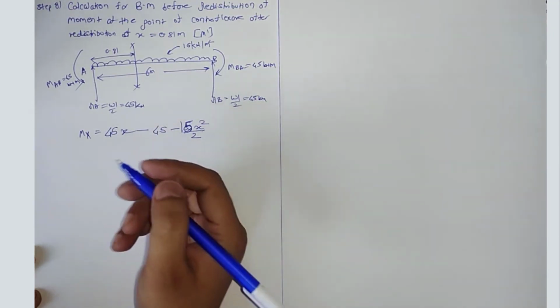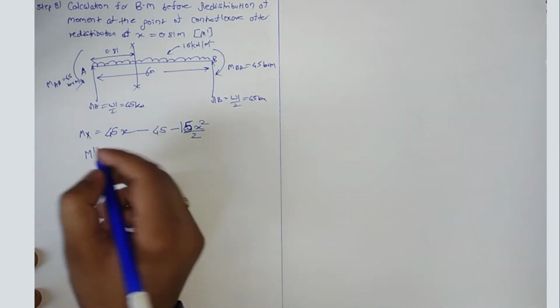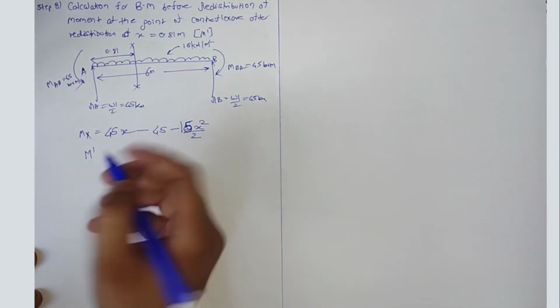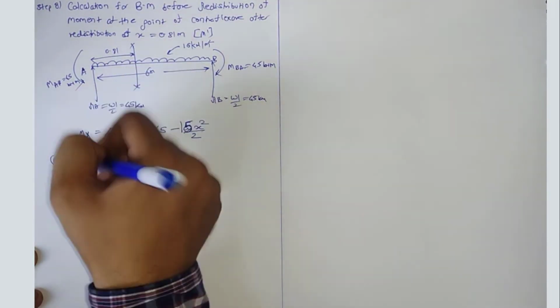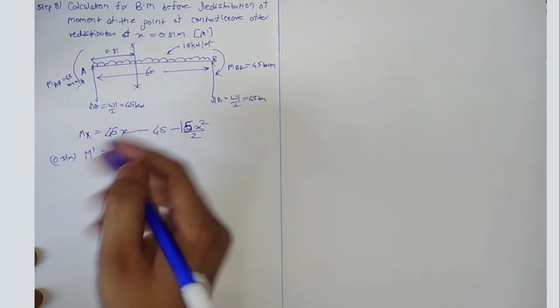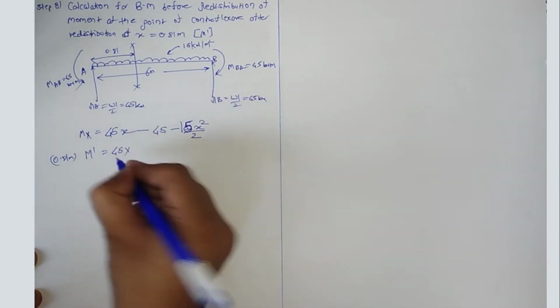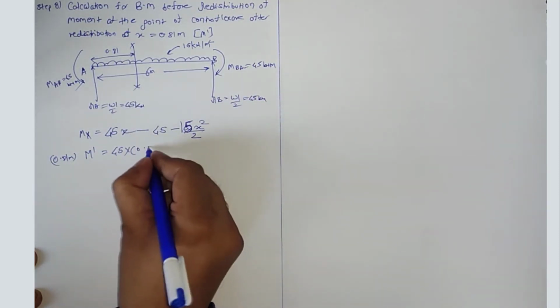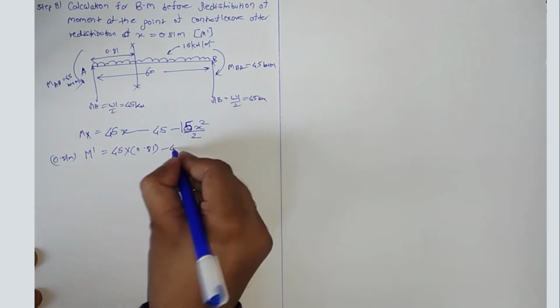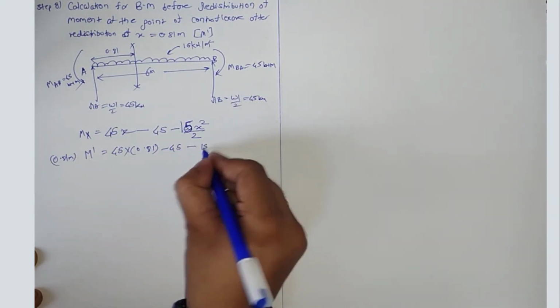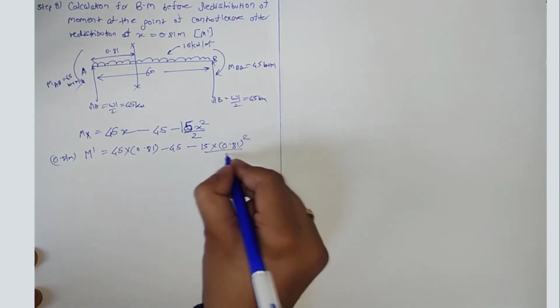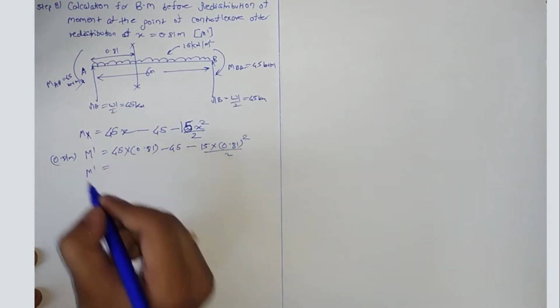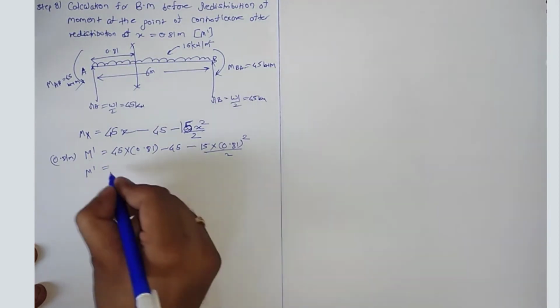So this is M dash, because your Mx at 0.81. At this point we are calculating it, so M dash equals 45 into 0.81 minus 45 minus 15 into 0.81 square divided by 2. So your M dash comes to minus